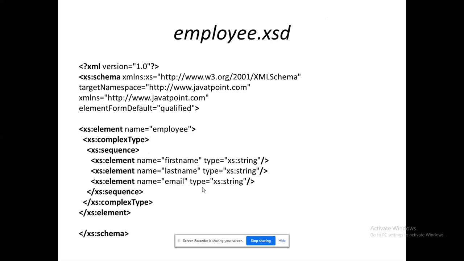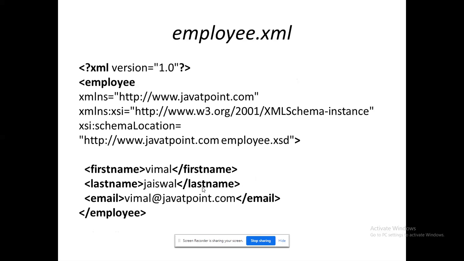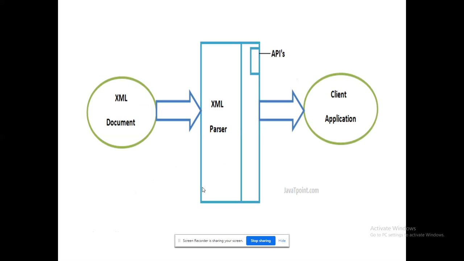Employee.xml and employee.dtd have been overwritten through this employee.xsd. Here I have mentioned the element. So complexType is mentioned. Within the sequence, I have mentioned what type of data. Here you can see that first name, last name, and email I have given as string. Nothing but the language-based data types I am ready to provide here. But in the previous DTD I had given #PCDATA, right? So that was replaced. That won't be operable when I'm going to work with multiple languages as a front end. That is the reason why we came from DTD to XSD. So ultimately, when I'm going to access this, it is ready to work and display the value.